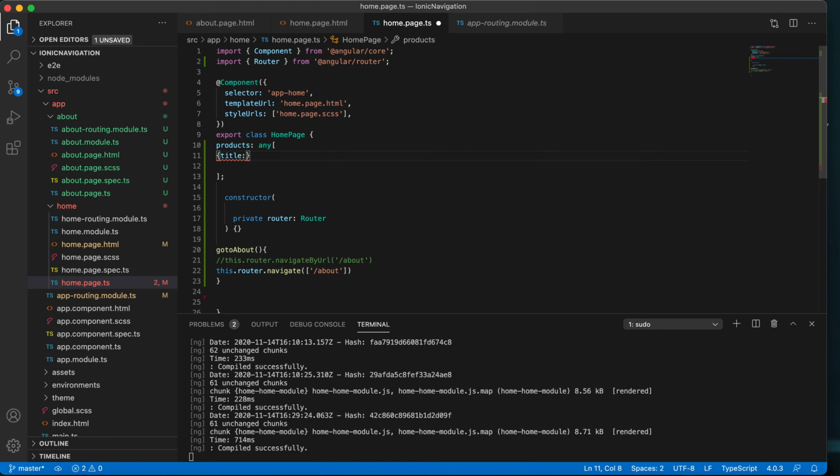Like title: Samsung, and price: 50,000, and description: Samsung mobile.